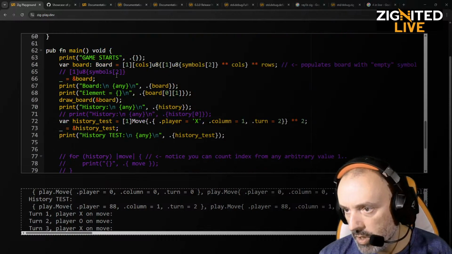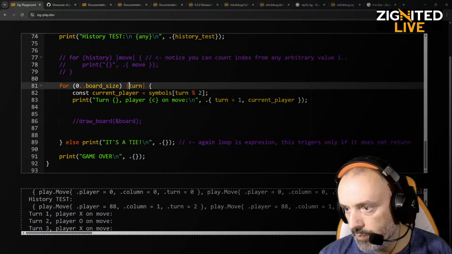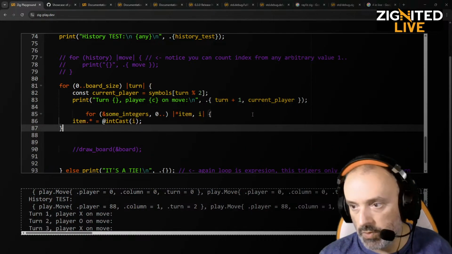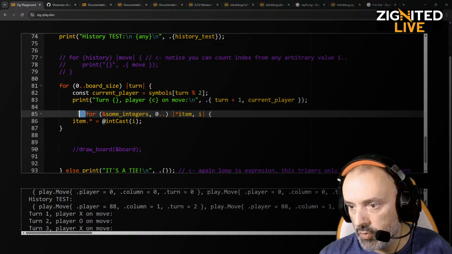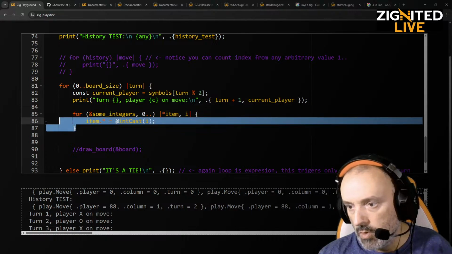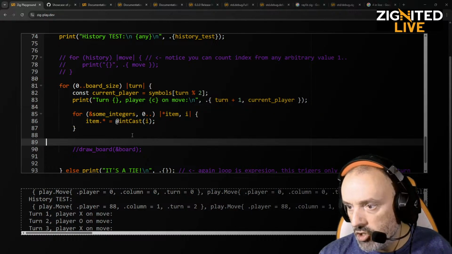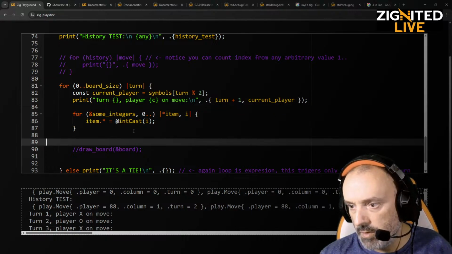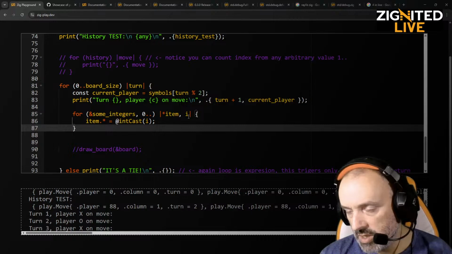Where I have the turn is, where is the main loop? Here. So here I have the turn. So I would like to then use this loop to inject the number of the turn into, so actually I don't need a for loop because I already have the for loop for this. So I can just say,